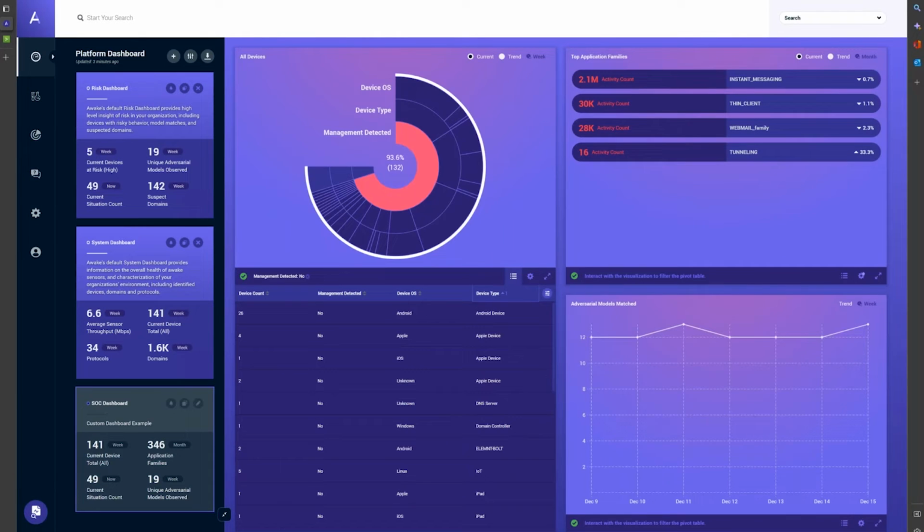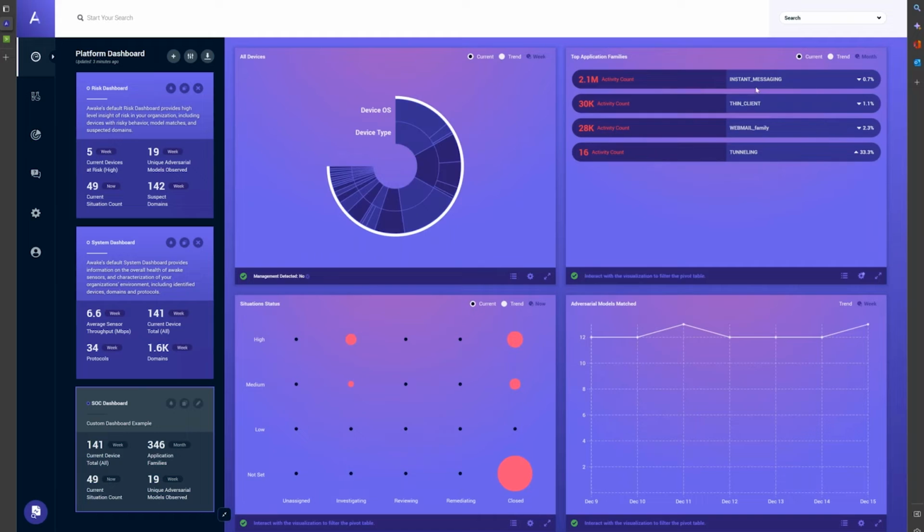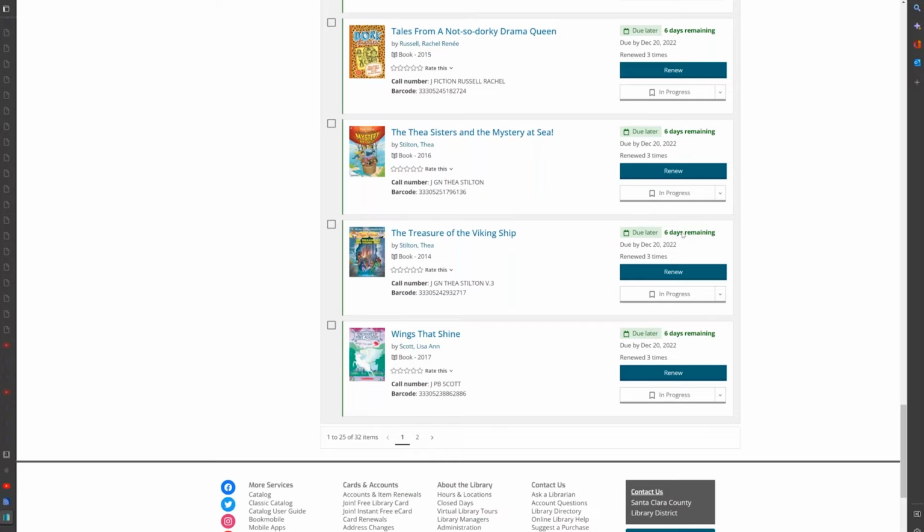The other view of visibility is really at the application level. Here's where you can see, for instance, I've asked it to tell me if there's any instant messaging being used on my network, or any thin clients like remote desktop protocol or TeamViewer, webmail being used, any tunneling happening on my network. All of these tend to be vectors for ransomware to get into my network. And so it allows me as an analyst to see,